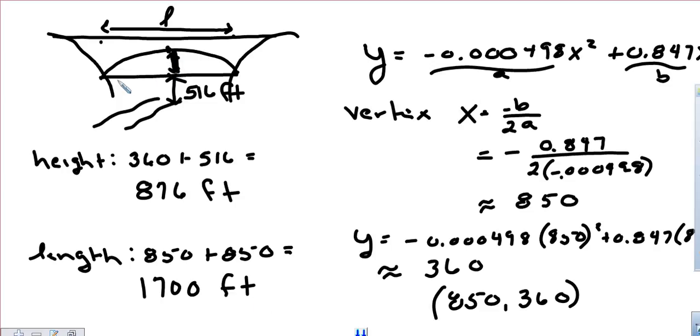We're looking for a height. We're looking for this length. And a lot of times when we find our vertex, that gives us this, but our length ends up being twice that. So don't forget, we need to figure out where we're going. Are we going just as far over as we are to get to the top, or do we need to go all the way over to the other side,